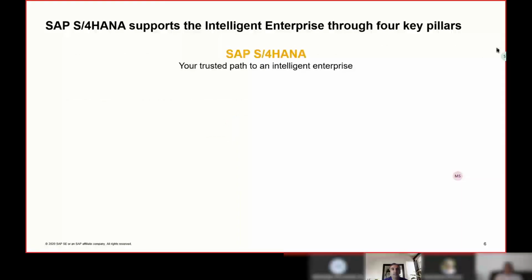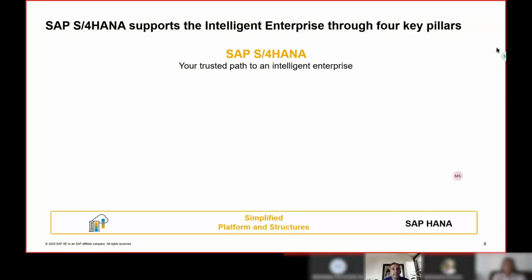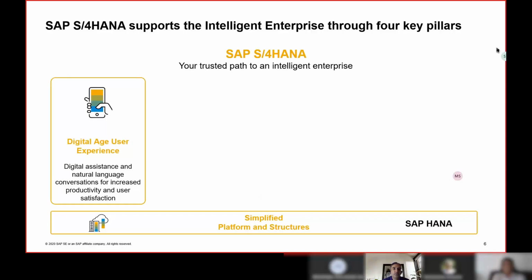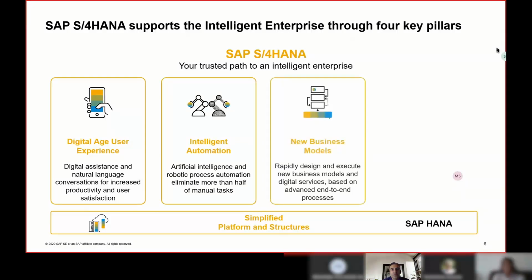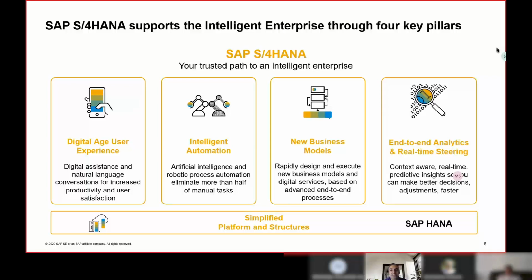Now, to understand the overall strategy of the intelligent enterprise, we need to know what the basic pillars are on which the intelligent enterprise has been built, or you can say the business processes are delivered keeping these pillars in mind. First and foremost, we're talking about a platform which is open, which gives customers the flexibility to build on top of what SAP is offering and to make their business scenarios more competitive. So obviously they need a kind of platform.